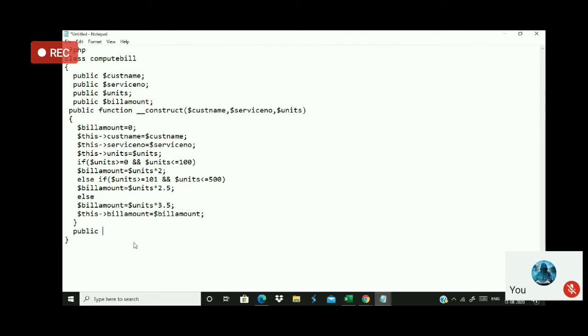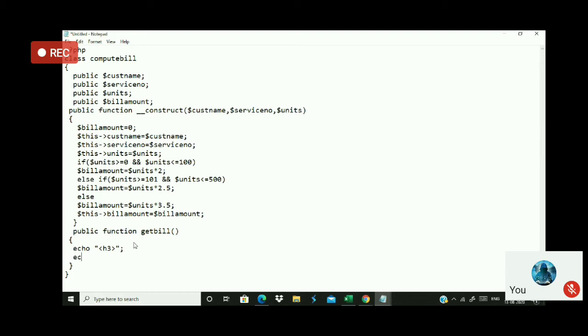Now I write another function, public function getBill, with two curly brackets. Now I have to print it here. So echo. First I will print in bold format, so use an H3 tag.